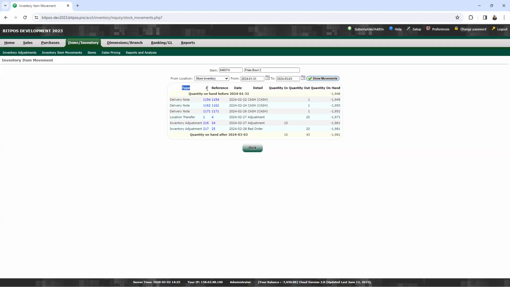What is the meaning of this? This type means the category of the inventory item, and the reference number means the unique identifier for the movement transaction. The date means the date of the movement.